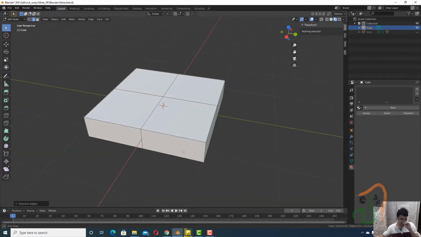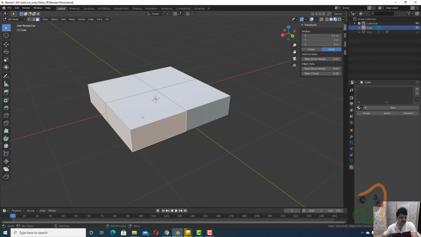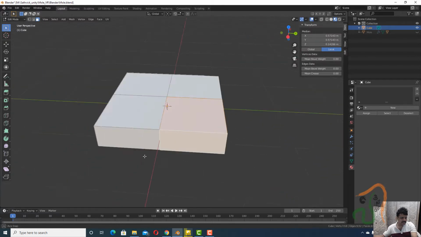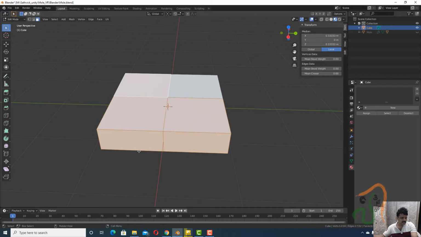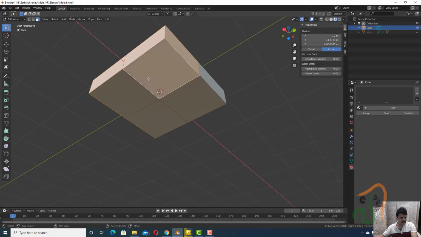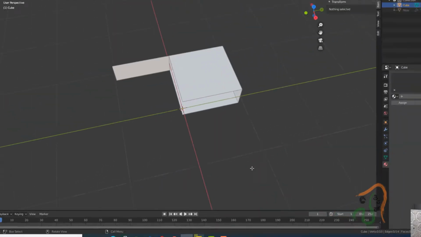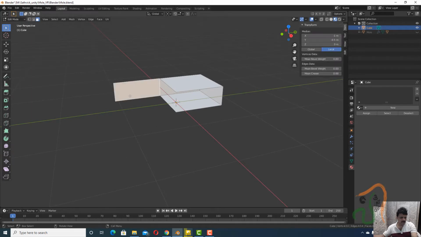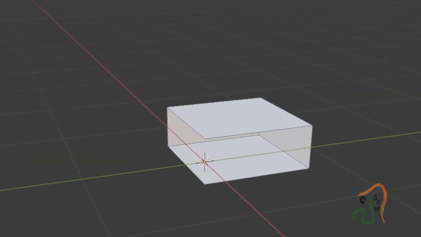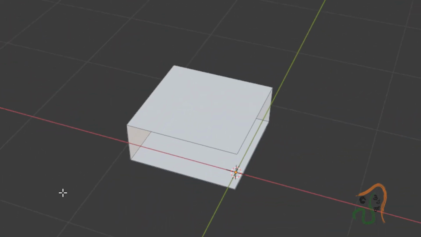Okay, this is fine. Then after this, the next thing is, now come back to face mode, press 3 and come back to face mode, and with Shift pressed, select all the faces here. This one, this one, this one, select all these faces here with Shift pressed. Okay, all these 3. So all the faces except 1/4. Select this, press X and delete faces. So we have one face left over here. Select it, press X and delete the faces. So we are left with one, that is a quarter of this cube.